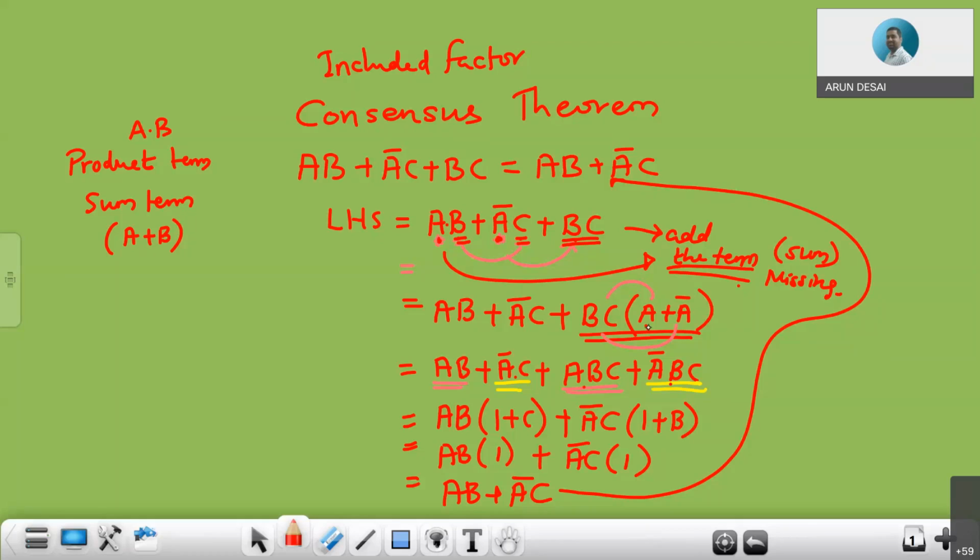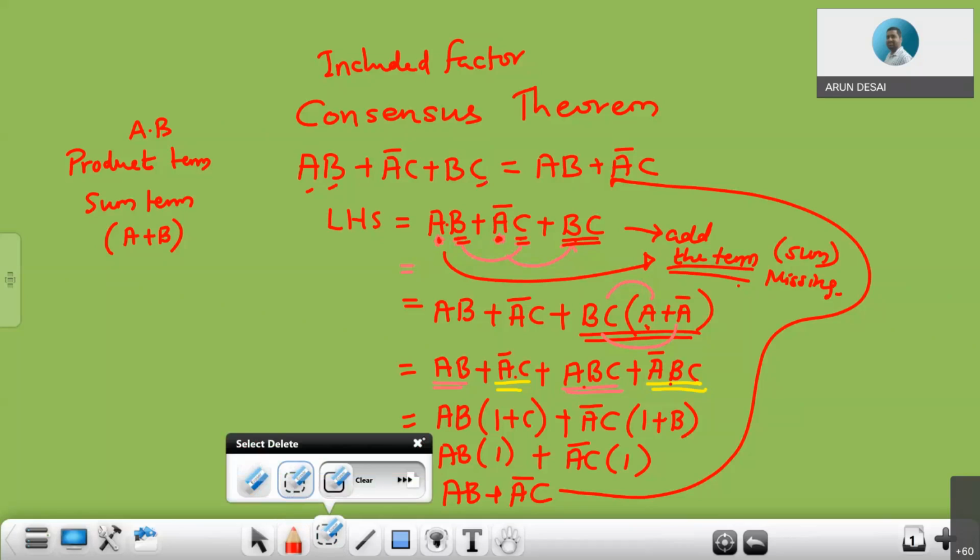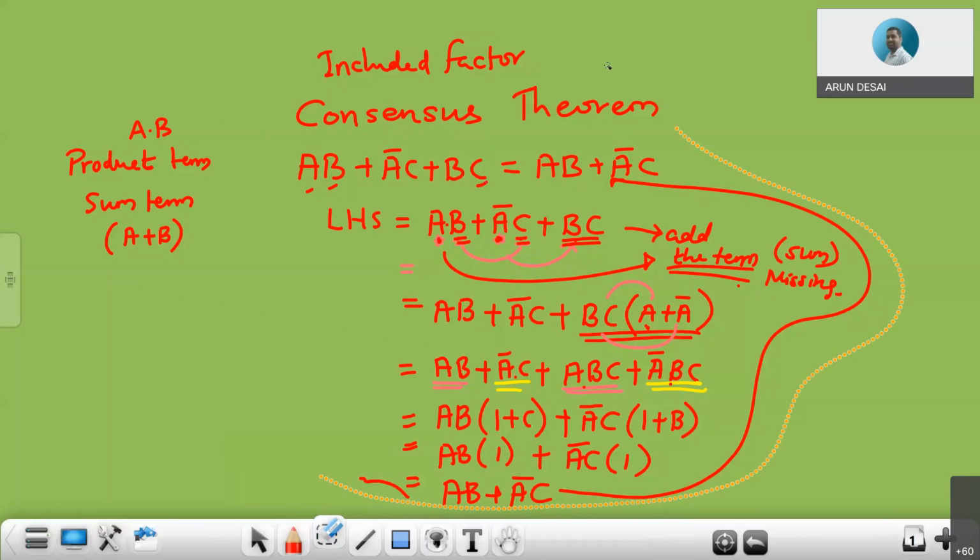See, we are talking just about three variables, right? Only three variables are there in that expression. Those variables are A, B, and C. You can have this kind of expression for any number of variables. You can add any number of variables in that factor also, but you need to check only which term is missing, and the terms which are made up of different variables which are there in the expressions, right? That you need to check. So this is about